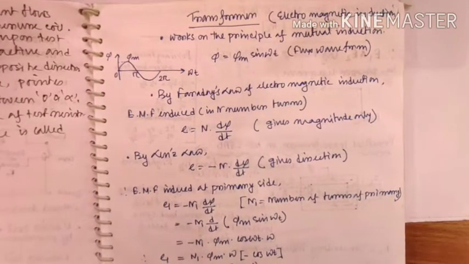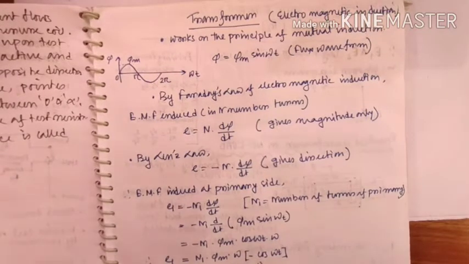Today we will try to explain a transformer, but the basic motto of explaining the transformer here is something different. We assume that the basic working principle, construction and design of a transformer is known to us. So here we will try to understand how a transformer, with no load and with loaded conditions, can be explained by its equivalent electrical circuit, including its phasor diagram.